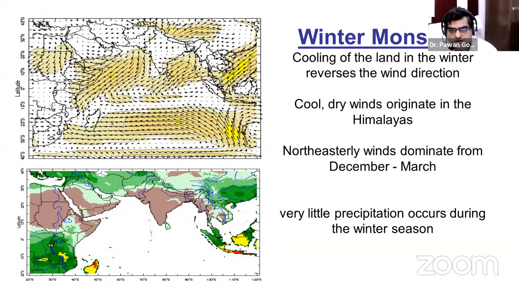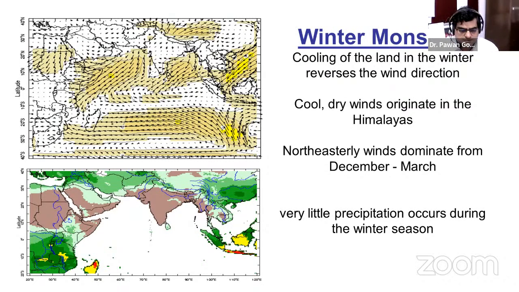Reversal happens in the winter monsoon: cooling of the land, with reverse wind direction from the Tibetan Plateau to the ocean, and it is dry, cool, dry winds. We usually say it is the northeasterly winds, from December to March, and we get very low